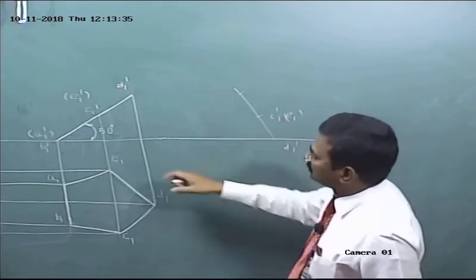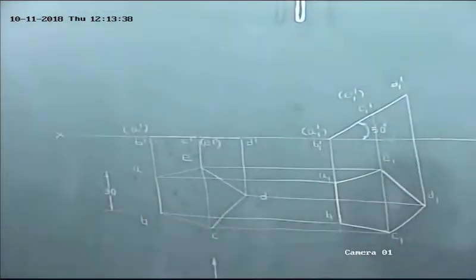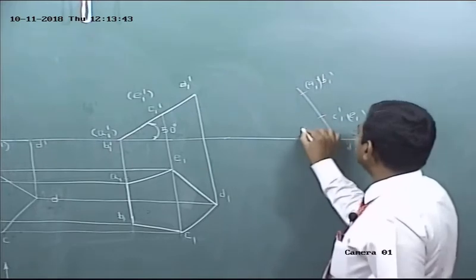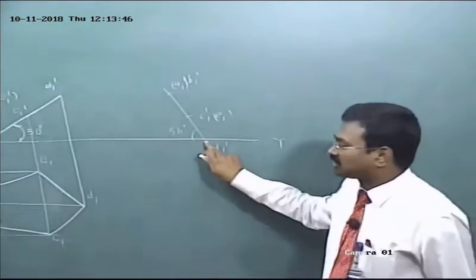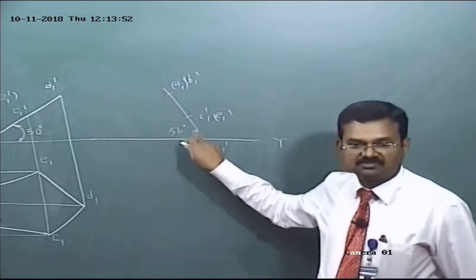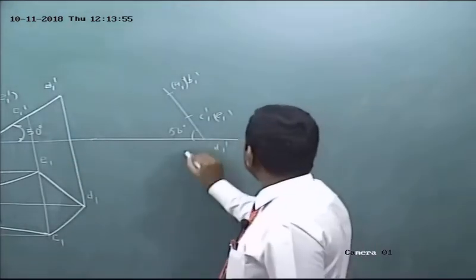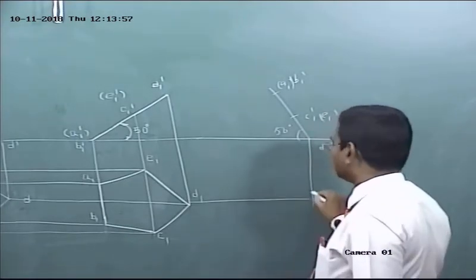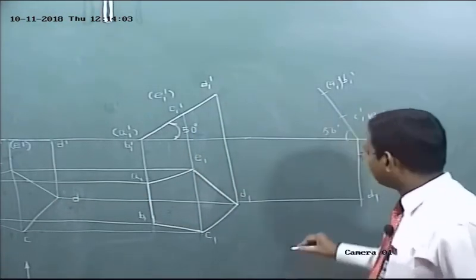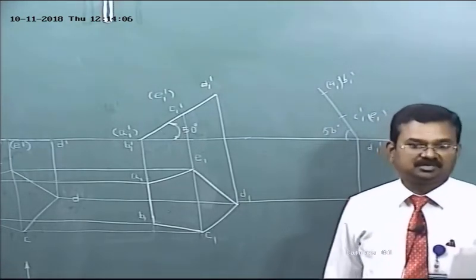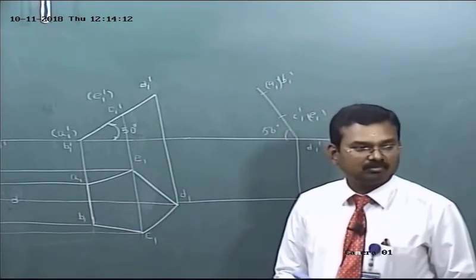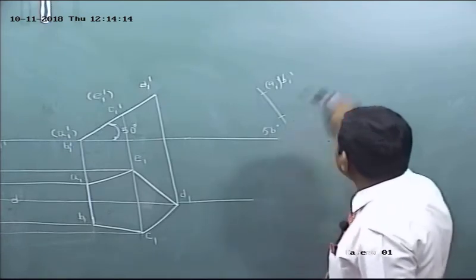Next, measure the distance of A dash from C dash and transfer it here: A1 dash, B1 dash. A1 dash is invisible. 50 degrees. Am I right? One corner is resting on HP and the surface makes an angle of 50 degrees to HP. So this also satisfies the given condition. Now from D1 dash draw a vertical line, from D draw a horizontal line; these two intersect at D1. Similarly, you have to obtain all the points. Isn't it? So this figure can be modified as per the given condition. Do you have any doubt? No. Okay. Position 5.